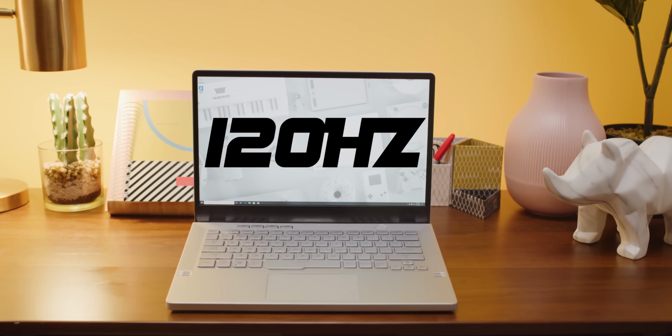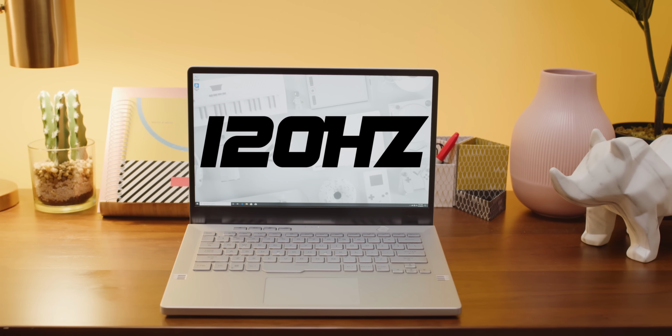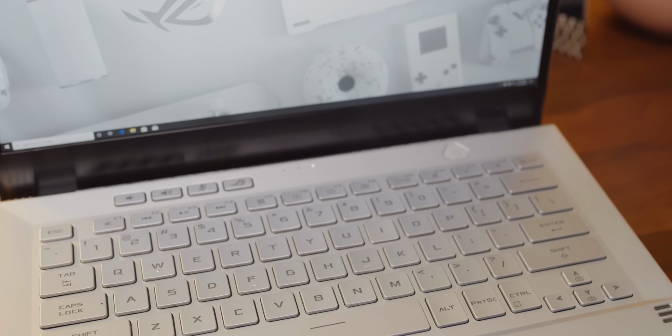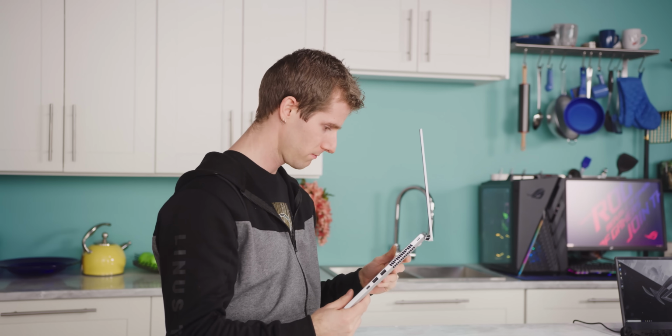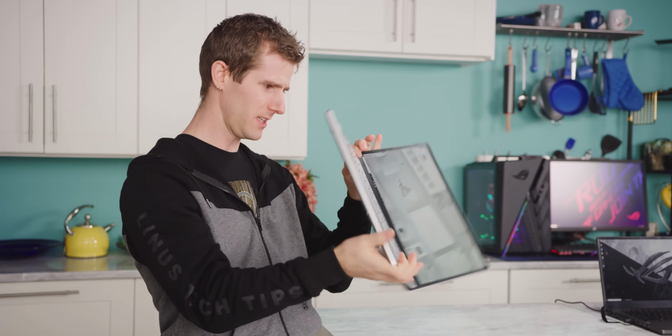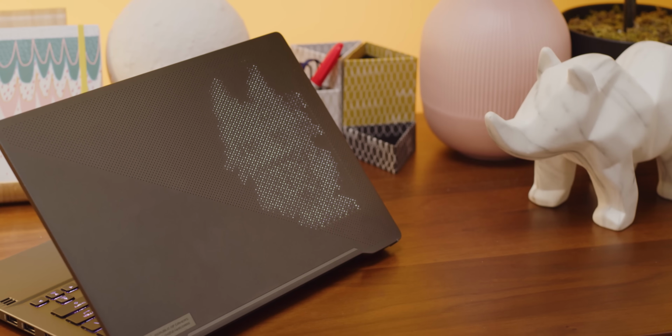You get a 120 hertz display with FreeSync, but you're also getting Pantone calibration. You're getting all that RGB. Wait, you don't get RGB? No. No RGB, well, how could I buy a gaming laptop without a lighting gimmick? Hey, there it is. It's back here. So yeah, they've got